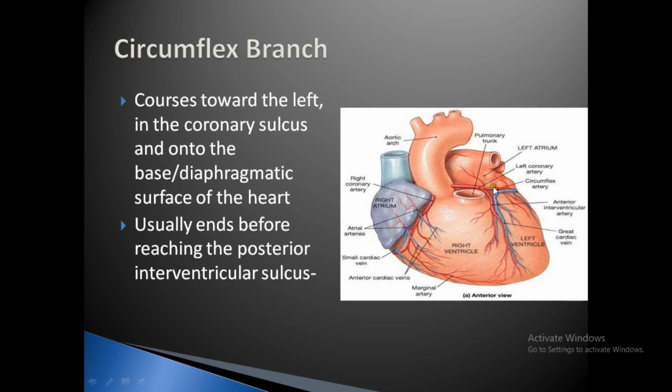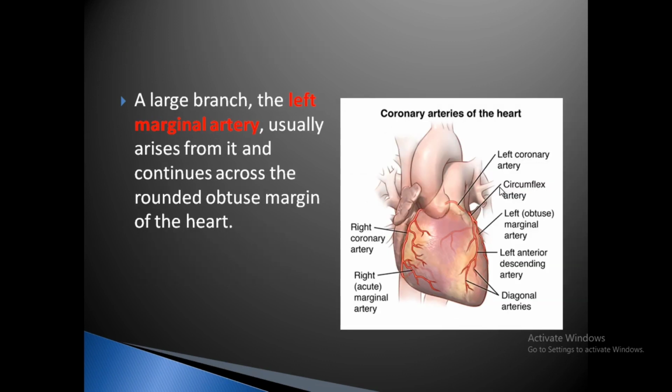It courses towards the left in the coronary sulcus and on the base and the diaphragmatic surface of the heart, usually ending before reaching the posterior interventricular sulcus. Now, a large branch, the left marginal artery, usually arises from the circumflex artery and continues across the rounded obtuse